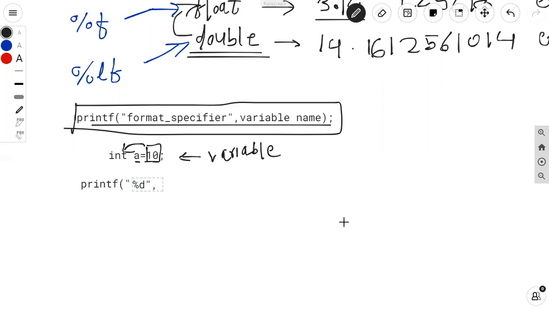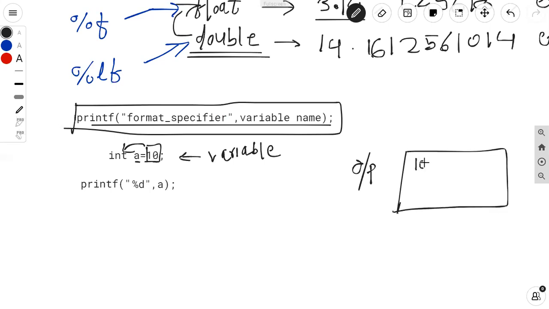So it should tell the compiler the value which is contained in variable a that I need to print on the screen. So in this case, what should be the output of our program? It will print 10 on the screen. Fine. So in this way, you can print the value of the variable on the screen using format specifier.